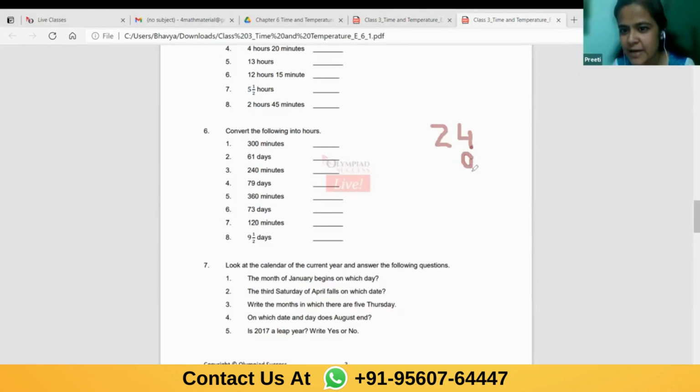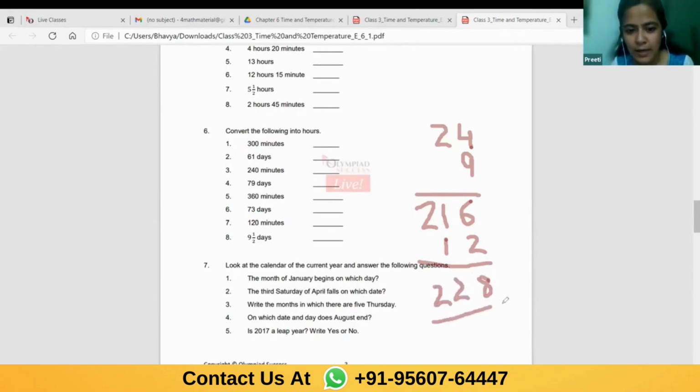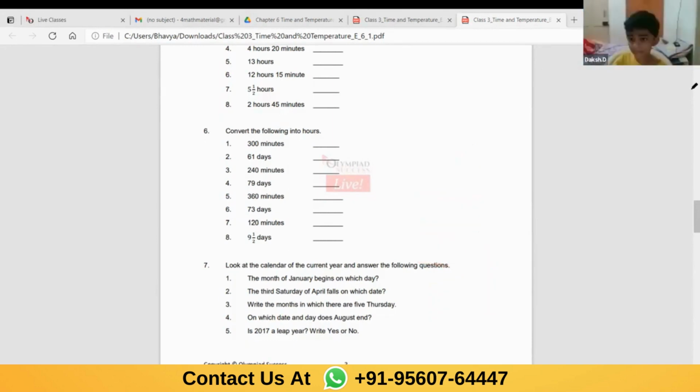So shall we check? Do we get the same answer? 9 4s is 36. 6 carry 9 2s are 18, 19, 20, 21. So even if I add 12 here, see I'm getting the same answer, 228, isn't it? Yes, ma'am. Correct. That is another way of doing it. Okay. So, shall I move ahead to the next sheet, or is there anything else to be done in this sheet? Yes, ma'am. 7 is the answer for third one.